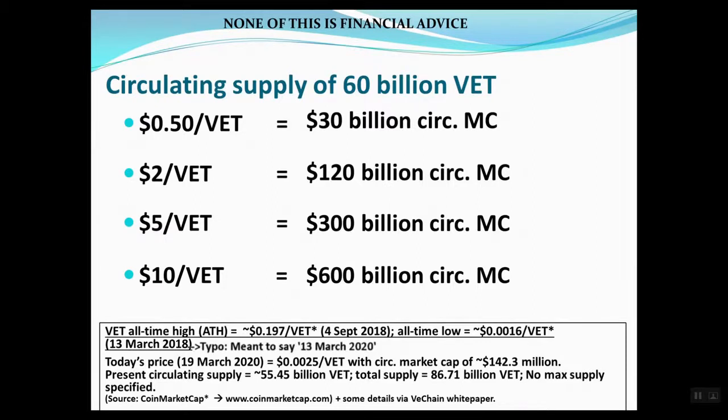Do I think we'll achieve this? Realistically, I don't think we'll see this in the next 5 years. And yes, I know I just gave a time frame, but I think I could say that with some certainty. And I'll tell you what, I hope I'm wrong. I would love for $10 per VeChain token, but all of the details that I talked about earlier in this